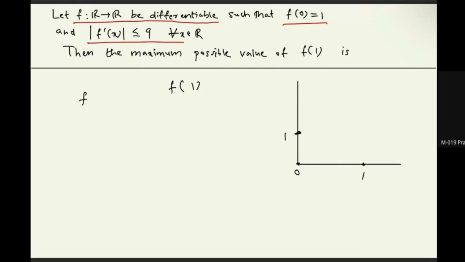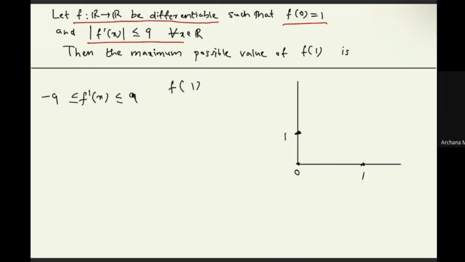So that means f'(x) lies between -9 and 9, because f'(x) is a slope, right? The slope at each point is less than or equal to 9. That's what they are saying. So what result will tell you some information on the value of f(1)? Any